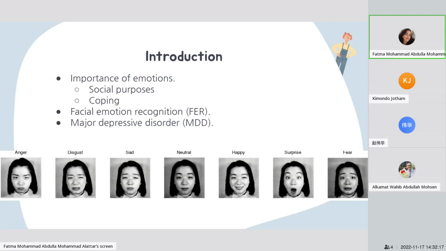Now that we understand the basic background of this paper, we need to learn about major depressive disorder, or MDD for short. People with MDD have deficits in regulation and processing of emotions. Researchers have found that people with MDD have impaired facial emotion recognition compared to healthy people who don't have MDD. Another study showed that MDD patients react slower to facial expressions, so they have a slower reaction time than healthy people, or people without MDD.